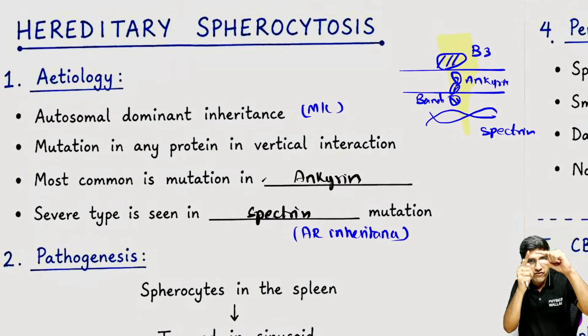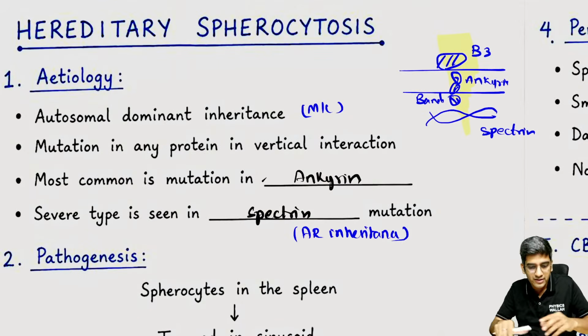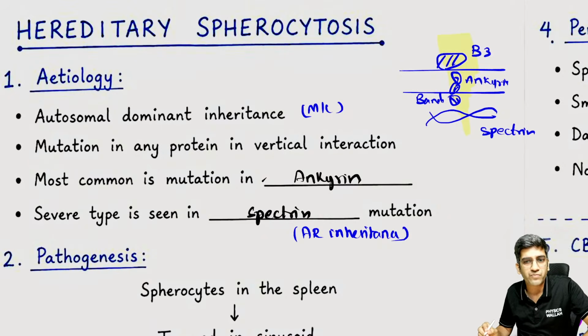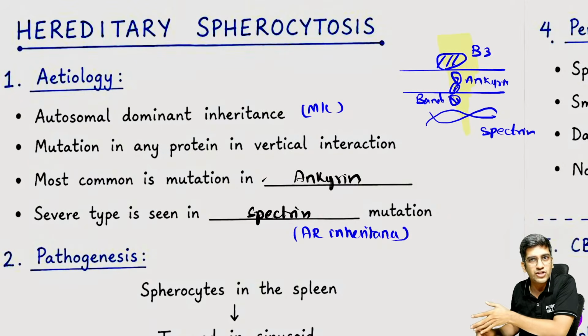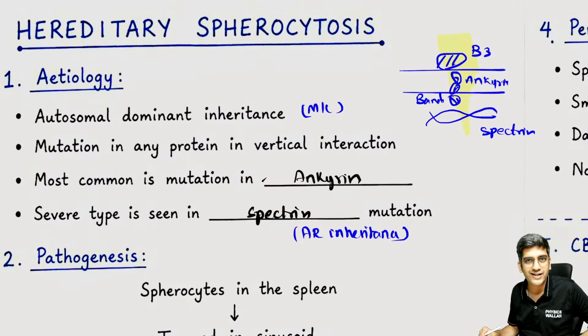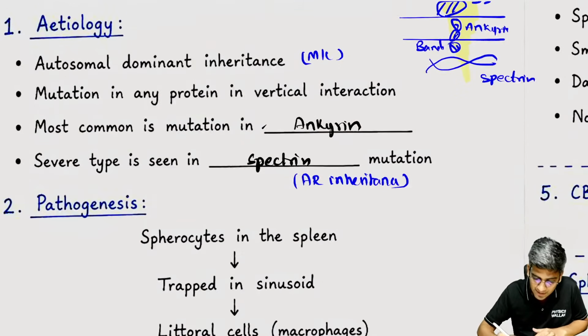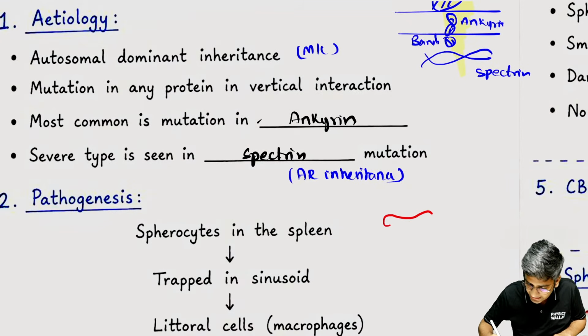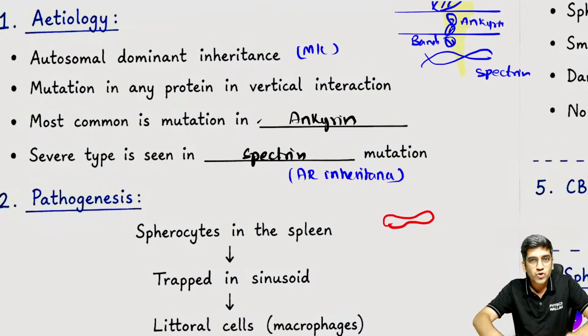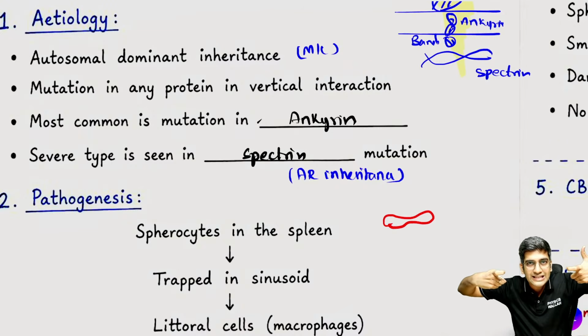Now, if the vertical interaction is gone, what's the shape of RBC? Anyone? Before going to the pathogenesis flowchart, just a simple question for you guys. Everyone online should comment. This is the easiest question which you've been reading from 6th standard, right? What's the shape of an RBC? RBC is a biconcave disc-shaped structure, right? So someone is pulling the RBC like this and keeping it. That's the vertical interaction.